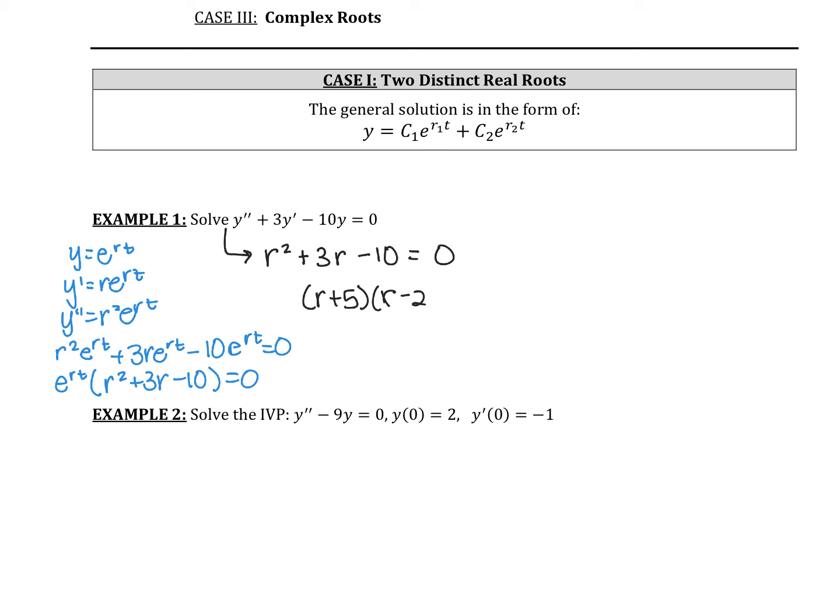Whew. I just used my calculator. So we would get that r equals -5 and r equals 2. Once we find those r values, then it's as easy as writing our general solution. So our general solution,